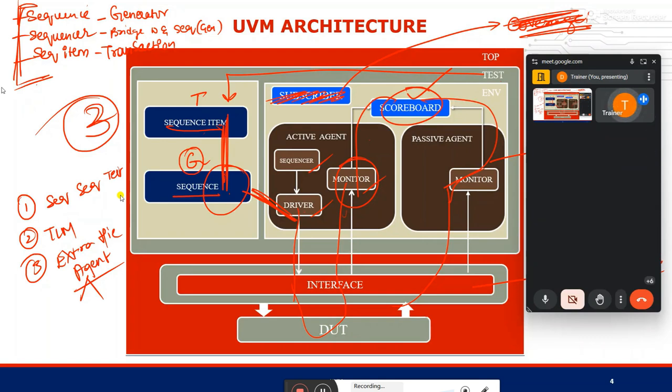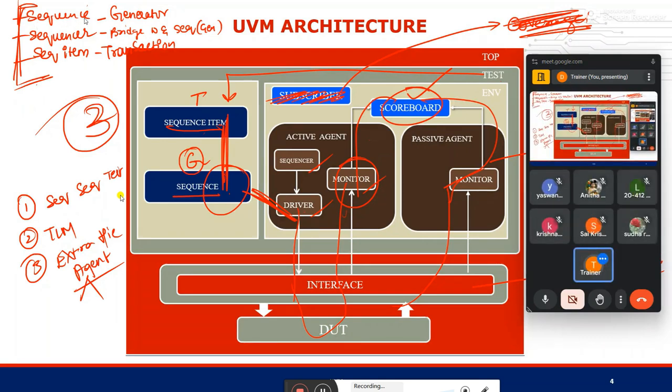Okay, and first of all make sure to remember these words now. Sequence item means transaction, sequencer means the bridge between the driver and sequence, and sequence is a generator. We are just changing the words, but still the operation remains the same. Sequence item is nothing but the transaction file. In the transaction file we are writing the pre-randomization concept, that is declaring rand and randc and constraints. That's it. For writing the sequence in the UVM, we have totally three steps. For writing the test case, we have four steps.